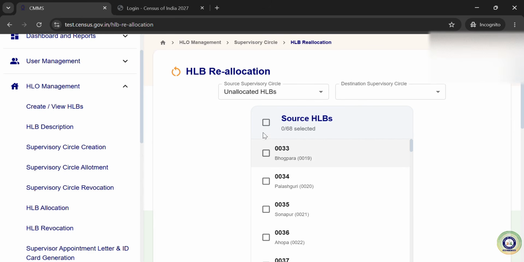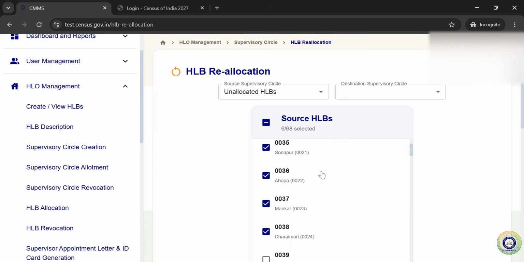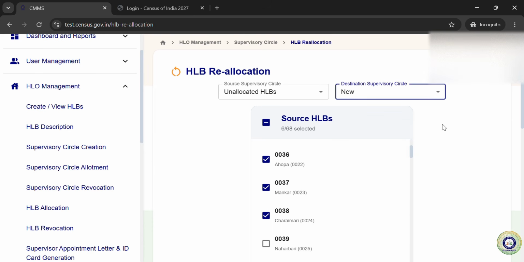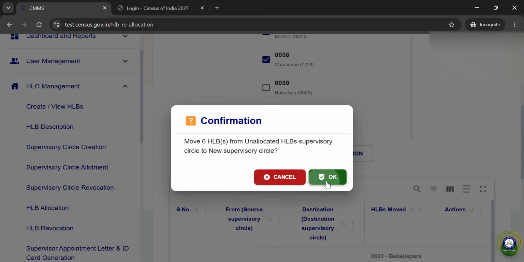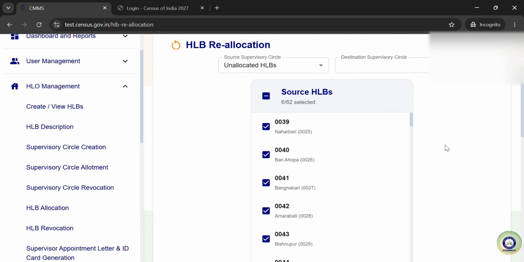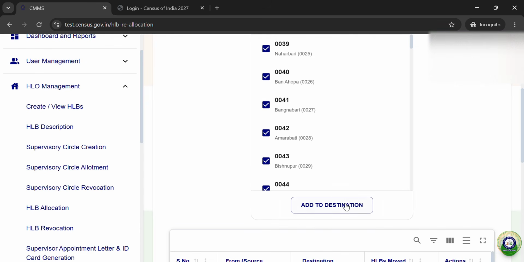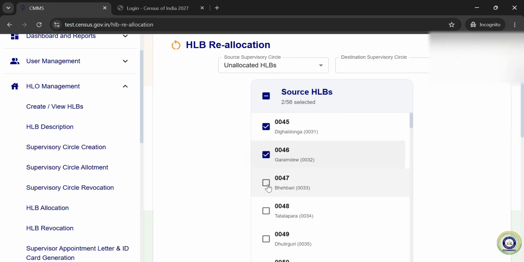In this way we need to select all the HLBs and create different supervisor circles, each having 6 HLBs. You have got what I intend to make you understand. So again I will add 6 in this way.